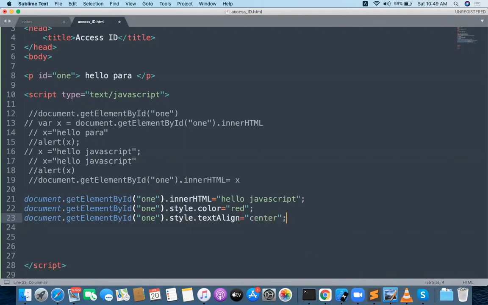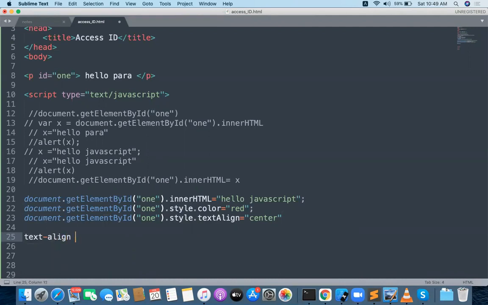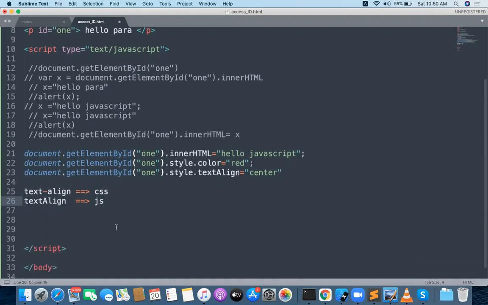Basically, in CSS we write it differently: text-hyphen-align is in CSS. But in JavaScript it is camel case. Whenever you want to update CSS in JavaScript, you should write it in camel case.